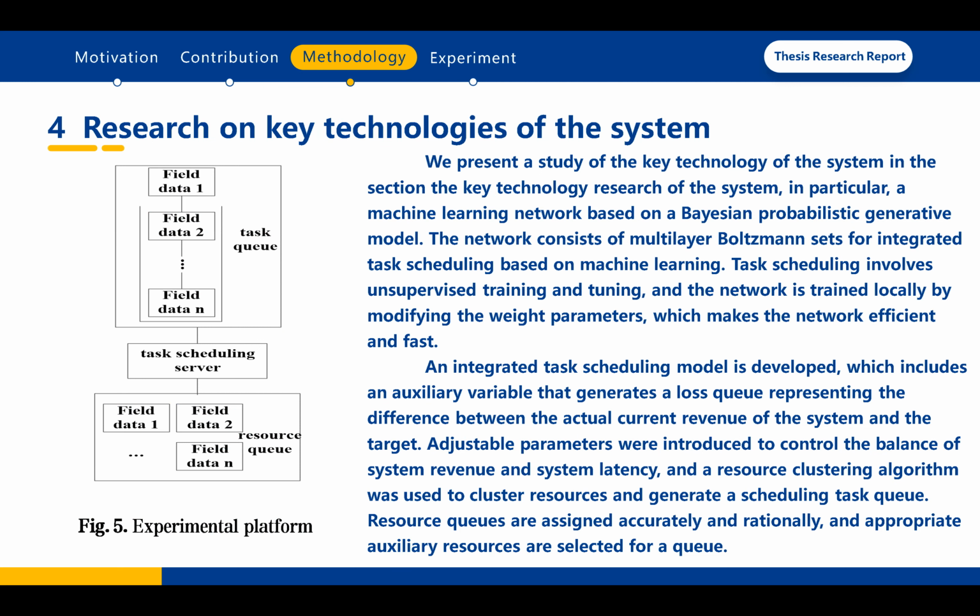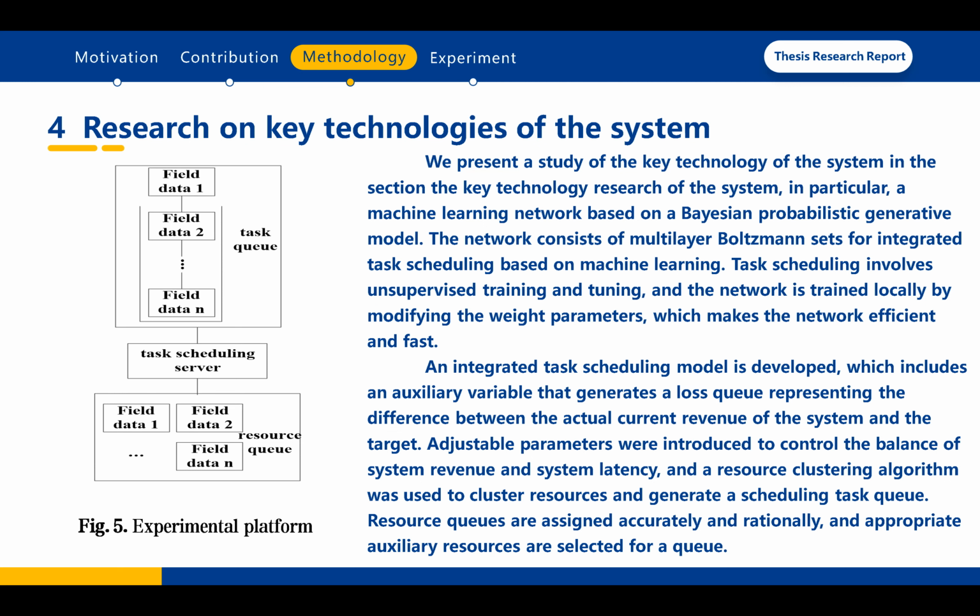We present the study of the key technology of the system in this section. The key technology research of the system, in particular a machine learning network based on Bayesian probabilistic generative model. The network consists of Boolean domain sets for integrated task scheduling based on machine learning. Task scheduling involves unsupervised training and tuning, and the network is trained locally by modifying the parameters, which makes the network efficient